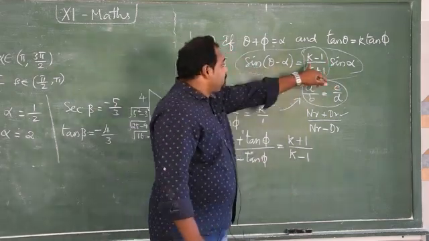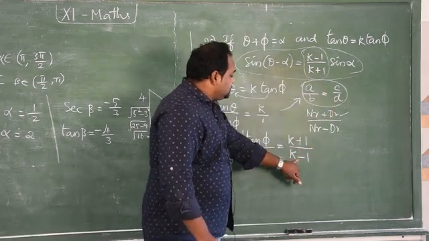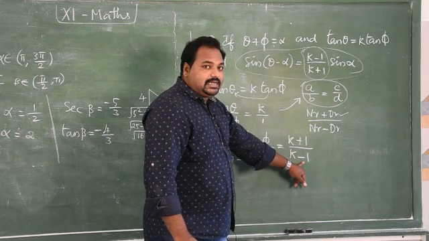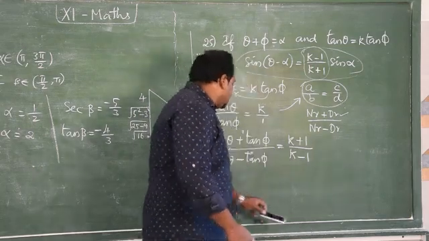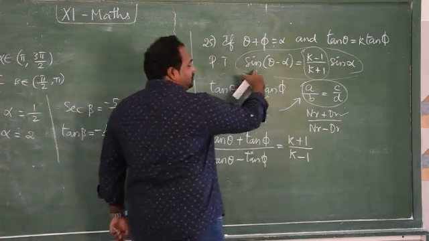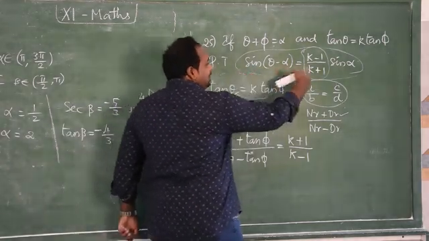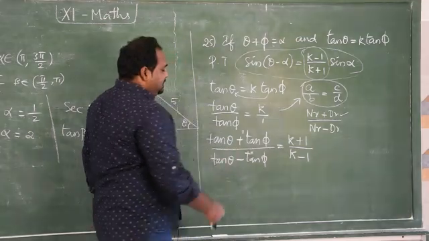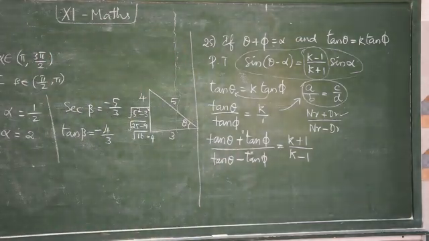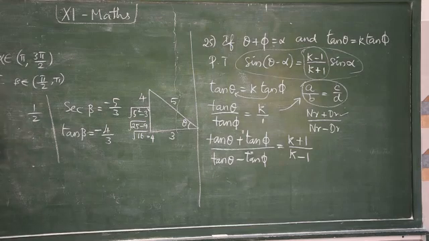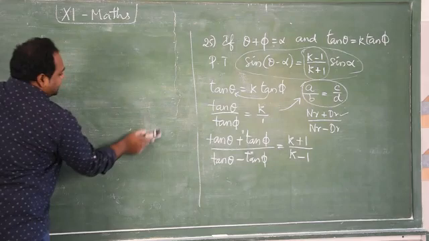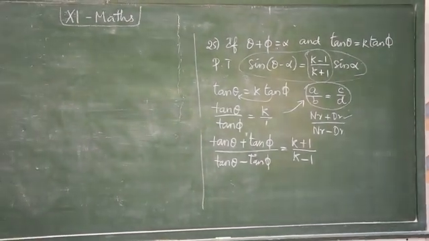Okay, anyway, we will see how to change k minus 1 in the numerator, k plus 1 in the denominator, in the further problem. Now after that, look at the left hand side. Actually the answer we are supposed to bring in the ratio of sin, but it is given in the tan format. So I have to change tan into sin and cos. We have a possibility to change tan into sin by cos.